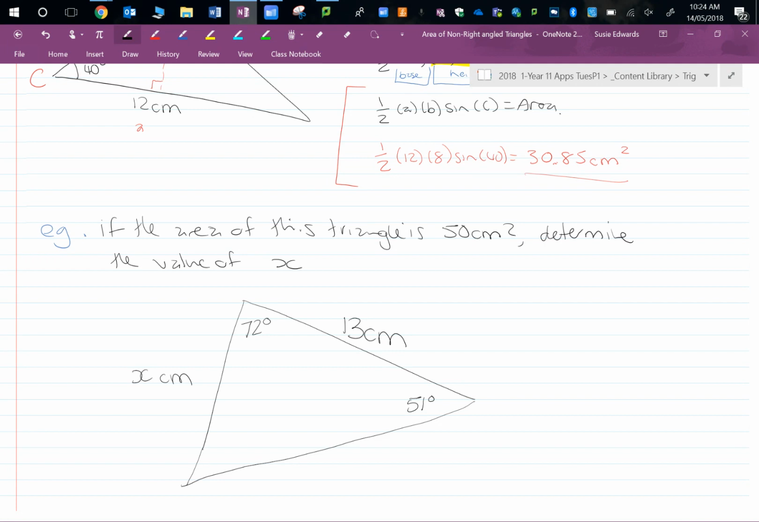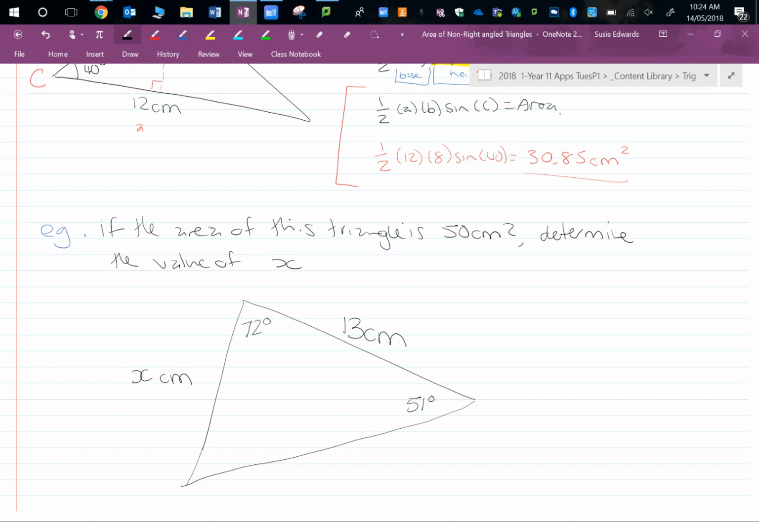All right, so this says, can you write down, please? This is the more common question you get given. If the area of this triangle is 50 square centimetres, determine the value of x. The main thing people get wrong with this is that they either go, I can't answer it,